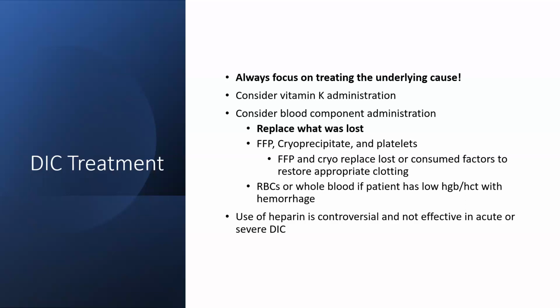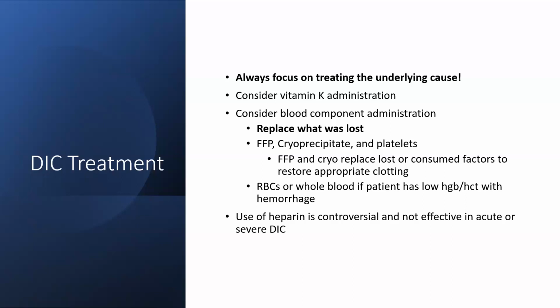We can replace those clotting factors with these products, and so we can restore hopefully appropriate clotting if those factors have been consumed. We can consider administering platelets if the patient is having hemorrhage, of course, and then if they are actively hemorrhaging, we can replace RBCs or whole blood if the patient has an associated low hemoglobin or hematocrit